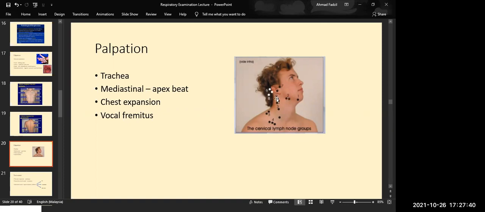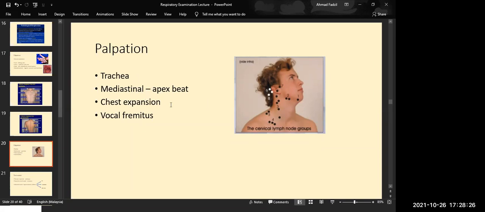And then, at the same time, remember that lymph nodes are also part of the respiratory examination. You have to know where the lymph nodes are. This is submandibular, submaxillary, this is the anterior sternomastoid, posterior sternomastoid, occipital. This is subscapular, subclavicular, supraclavicular. So you know the groups. When you palpate the lymph nodes, you palpate from the back, go up behind and so on. So you feel the lymph nodes and you know where the region is. You can describe the lymph node findings, and after you do the trachea, you do the lymph nodes, and then